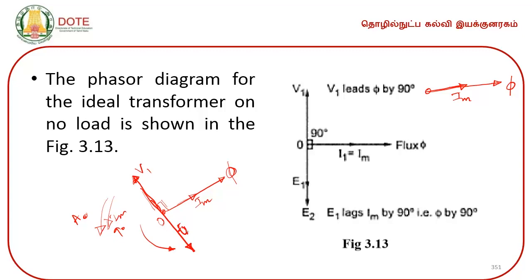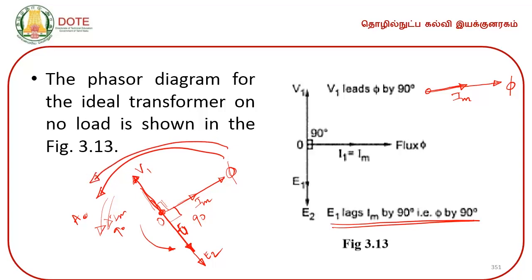What is E 2? It is in phase with E 1. So, E 1 lags I m by 90 degrees, or I can say I m will lead E 1 by 90 degrees, because when you rotate the phasor with O as a center, then phi will reach A naught, that is A first, and then after 90 electrical degrees only E 1 and E 2 will reach. So, this is how you should draw the